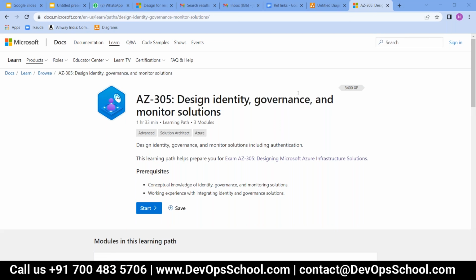Because ultimately we need to appear for the certification, right? And we have a time bound. So before we finish the course, you will pass the certification. It's not like we will finish it and then you will plan after 15 days or something. It will not happen like that. We need to plan the certification during the course of the session. So this is the plan, and that has to be before 31st of March for sure. That's why I said whatever we plan to complete, we need to complete it.